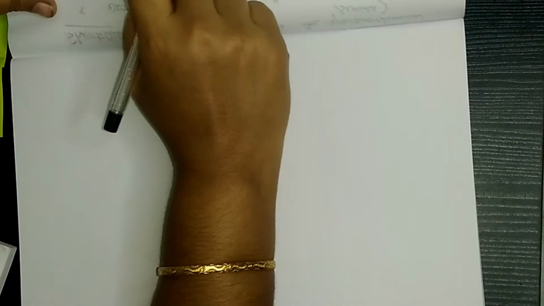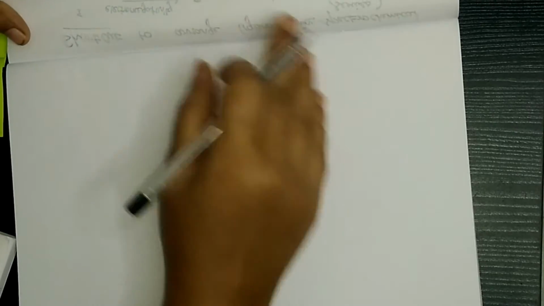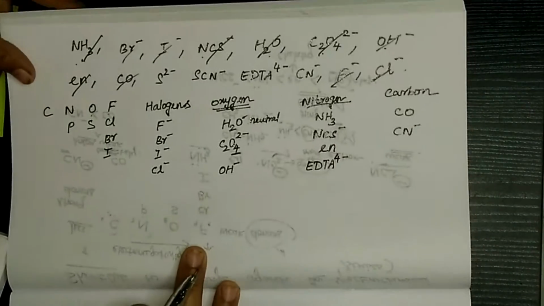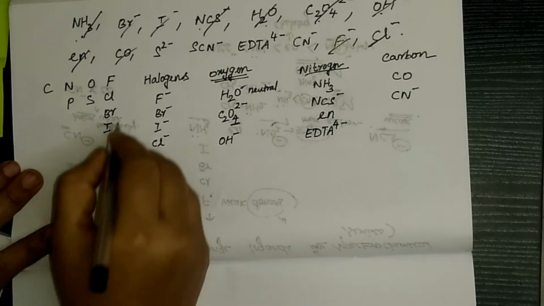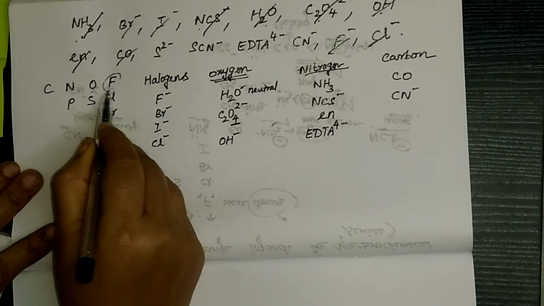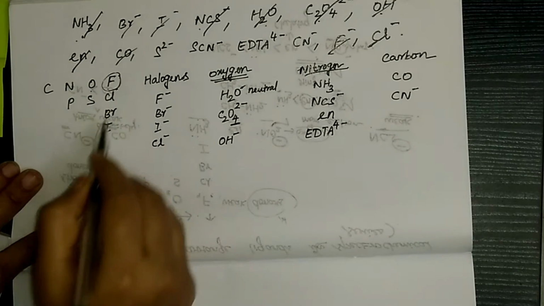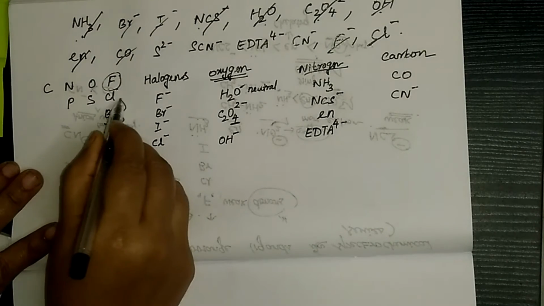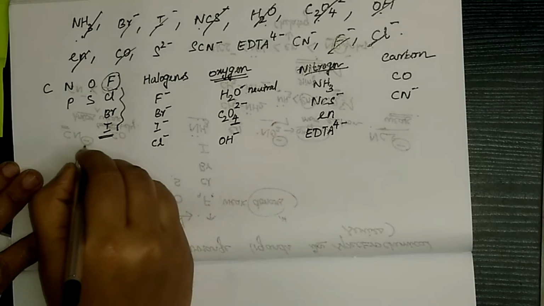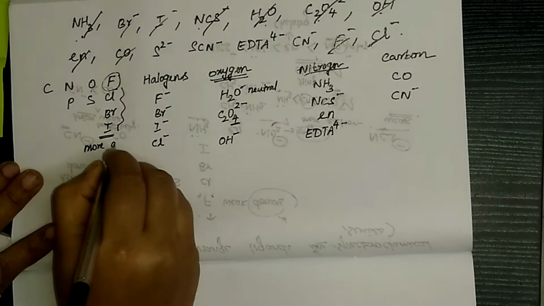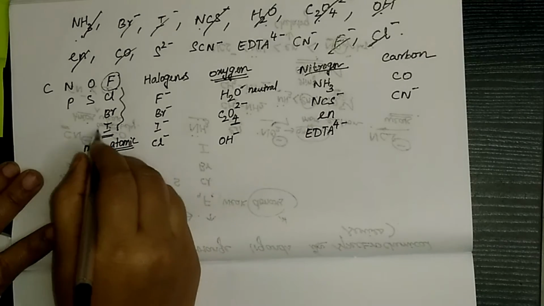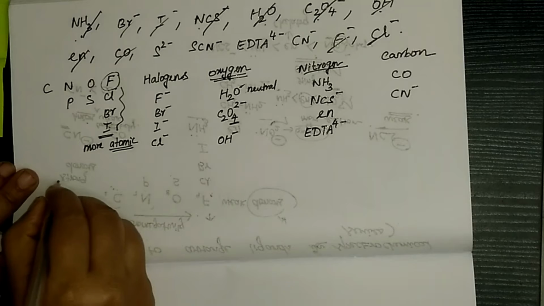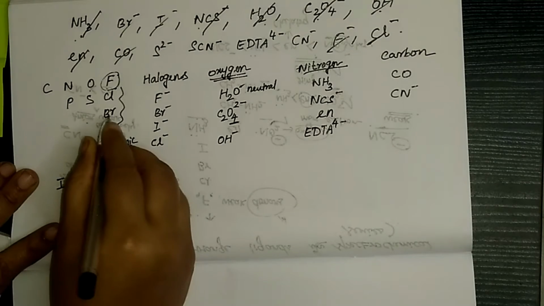Next, I am going to arrange the ligands from weaker to stronger ligand. See here, fluorine will be having high electronegative value, that should come first. So when we are comparing the ligands, iodine is having more atomic radii. So because of this bigger size, there will be repulsion. The first comes is iodine minus.